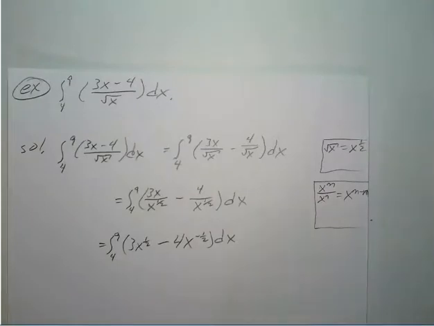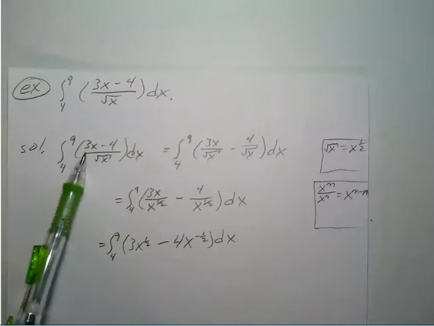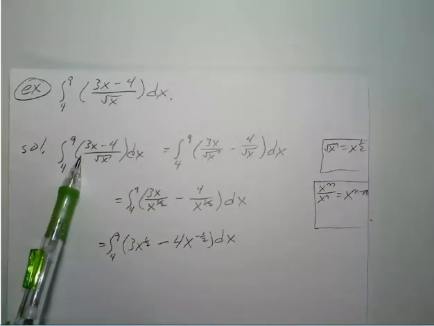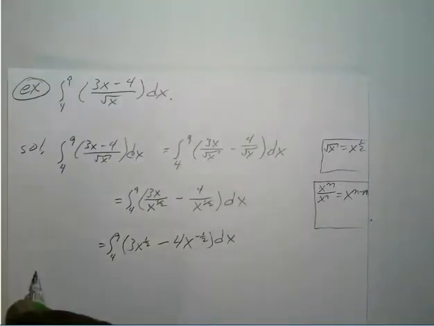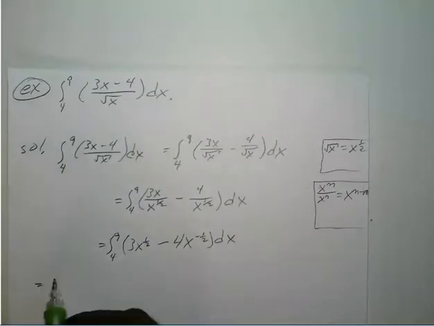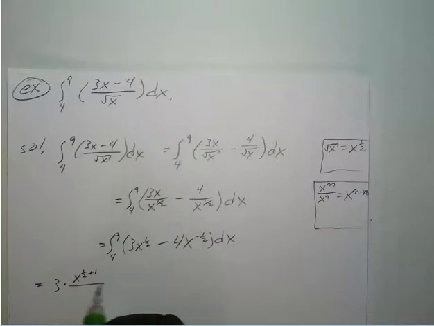Okay, so just using our basic exponent rules, we were able to turn this function with a square root in the denominator into this that's a little easier to integrate. All right, so we're going to go ahead and integrate both of those. I'm just going to move that over a little bit. So this will become the integral of x to the 1/2, so that's 3 times x to the 1/2 plus 1 over 1/2 plus 1